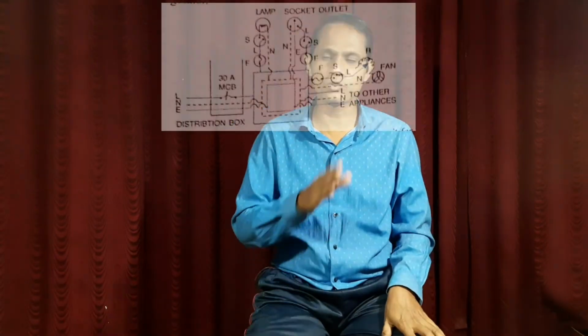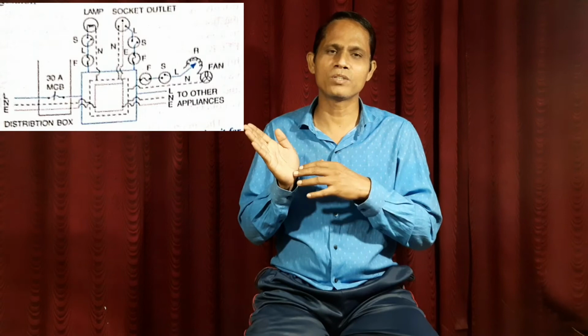Now the next thing is the wires reach up to the MCB box. After that, the wires are arranged throughout the household, how you use your tubes, how the connection goes to the fans, and so on. One arrangement is known as the ring arrangement. In this arrangement, we arrange these three wires, namely live, neutral and earth wire, in the form of a circle or a rectangle through your house. All three wires are there, which you can see over here. I have shown how the wires are arranged.